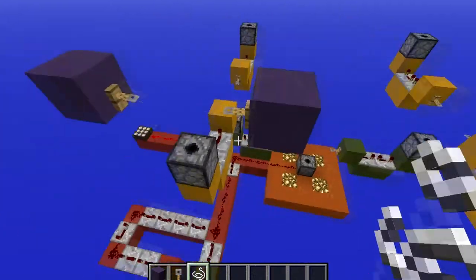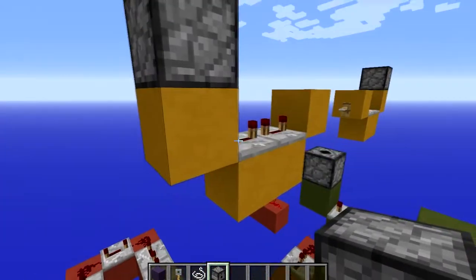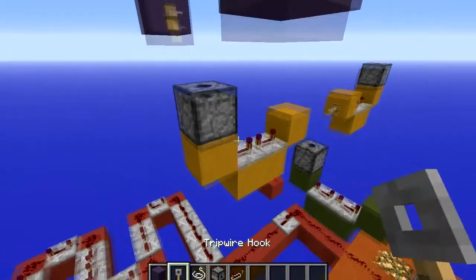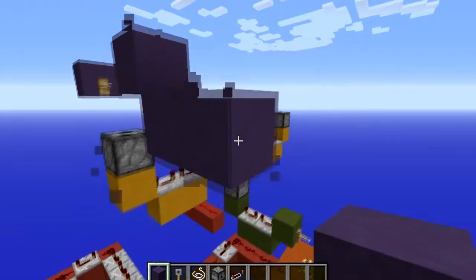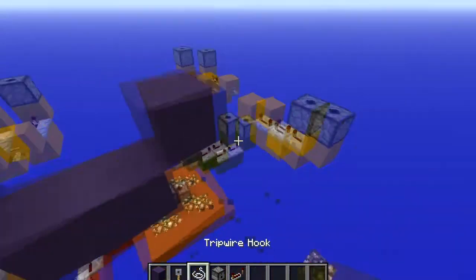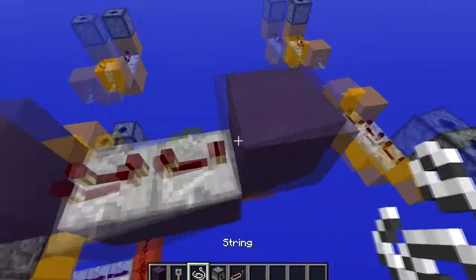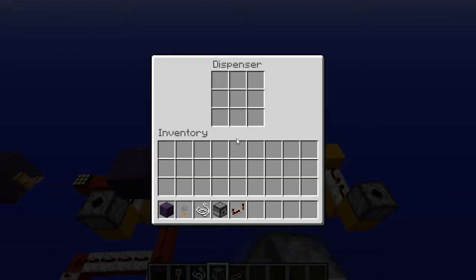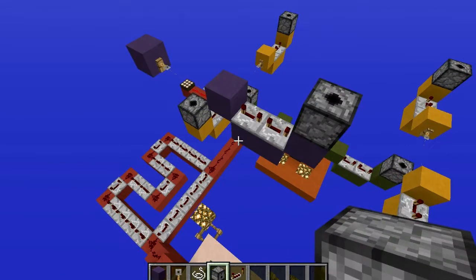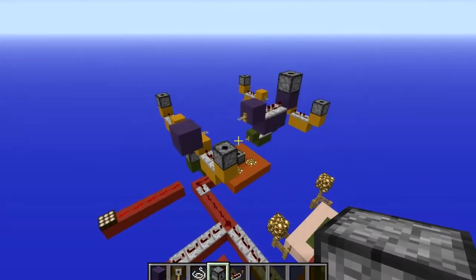Now, if you were building this from the ground up, what you would do now is grab your dispenser, grab your repeater, get your building block, build out twice like this, like so, like so. Your 2 repeaters on max delay, as said before, to make sure that this doesn't get too cluttered. Your dispenser, then you put in your fireworks and rinse and repeat,